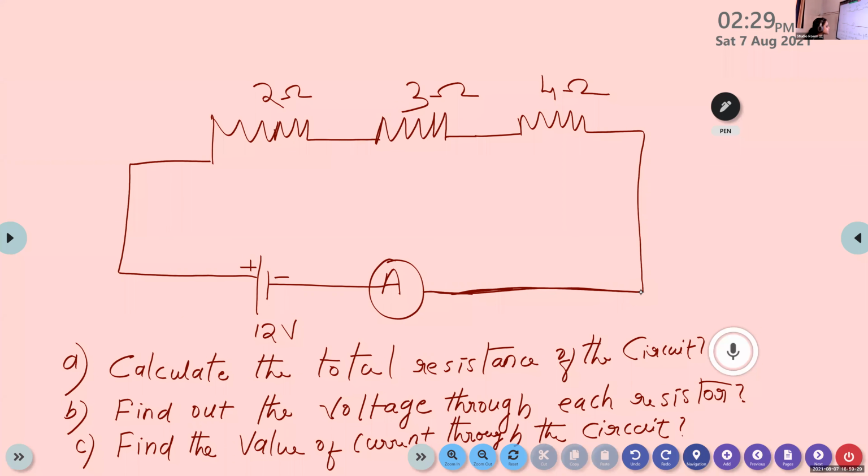Calculate the total resistance of the circuit. Find out the voltage through each resistor and then find the value of current through the circuit. So the first question is to